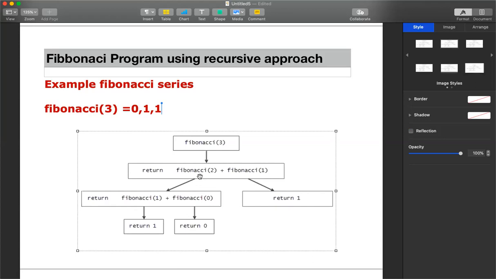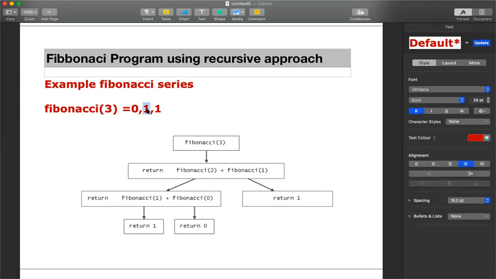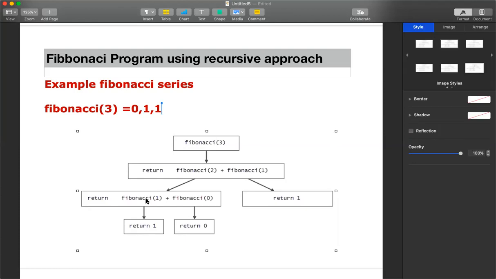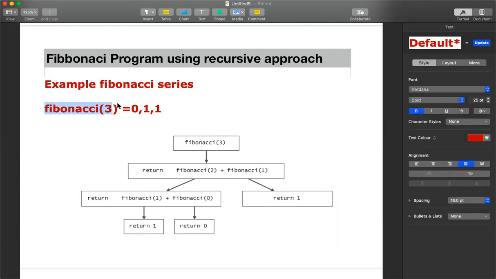What is Fibonacci of 2? It is Fibonacci of 1 plus Fibonacci of 0. What is Fibonacci of 1? We already know the value of the first position number: Fibonacci of 1 is 1. And we know Fibonacci of 0 is 0. So carefully observe, once the problem is given as Fibonacci of 3, we need to reduce it to smaller instances.